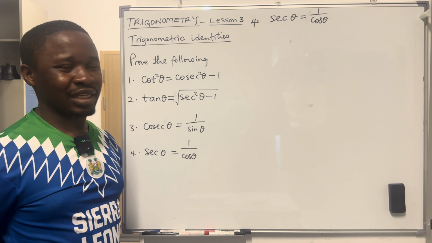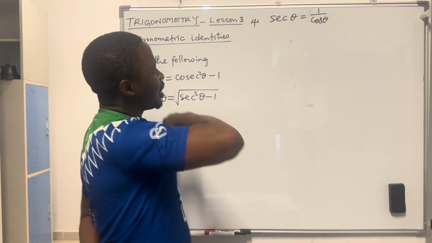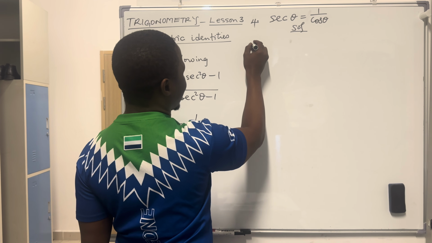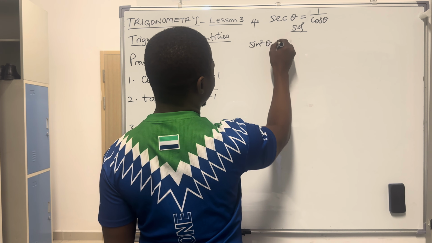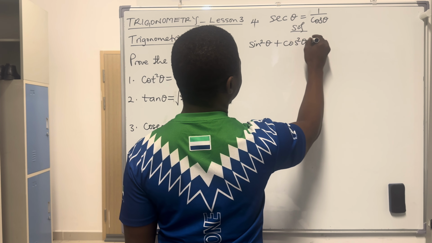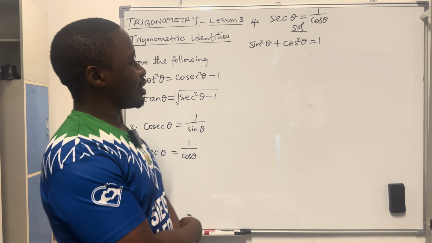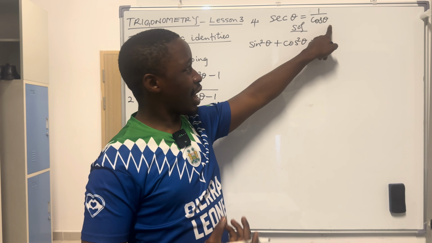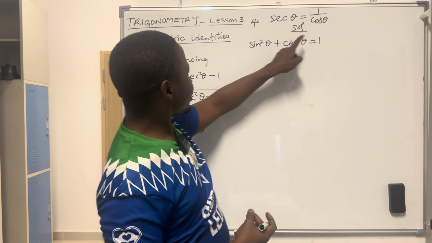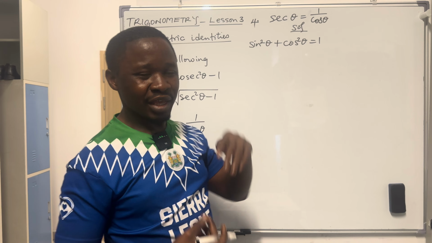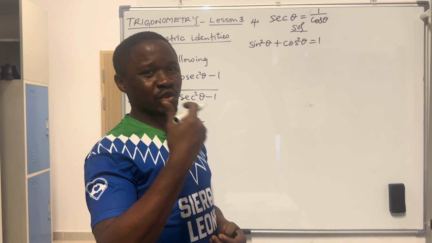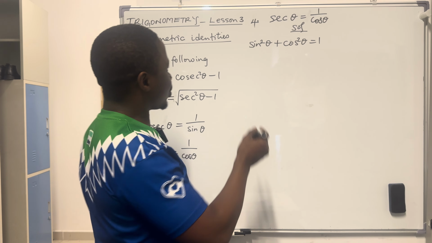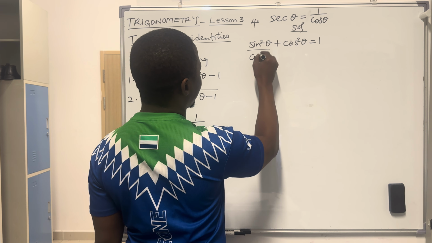We want to prove this identity. So the same thing goes, we can use sine square theta plus cos square theta to be 1. But sec is equal to 1 over cos, where the denominator is cos. So since there are squares here everywhere, we divide every term by cos square. Why not sine square? Because the denominator is cos. So we divide every term by cos square theta,